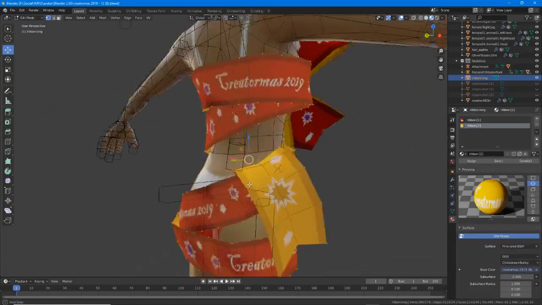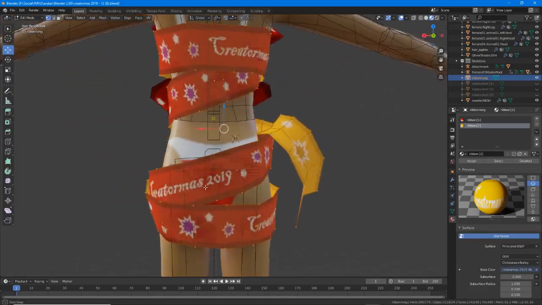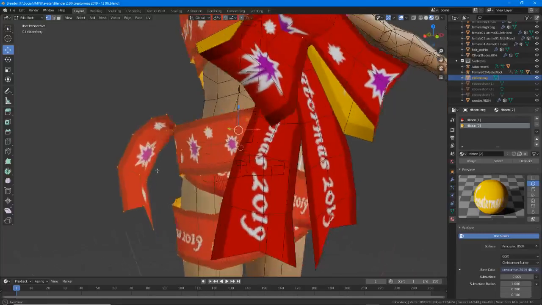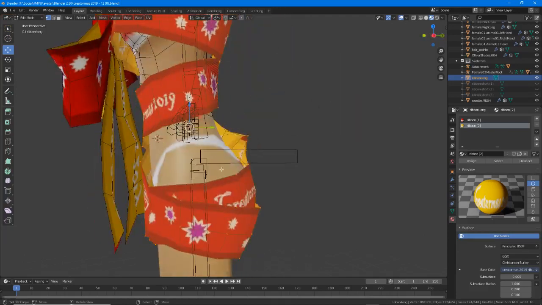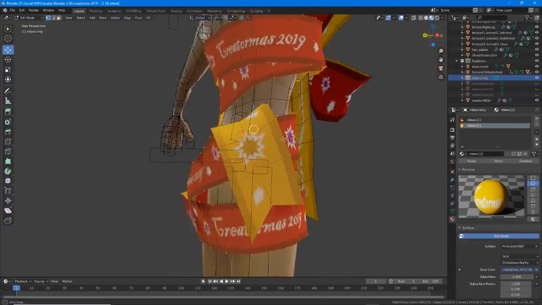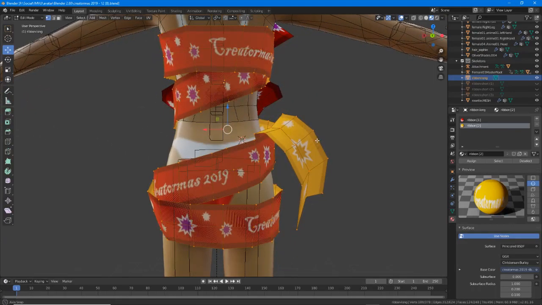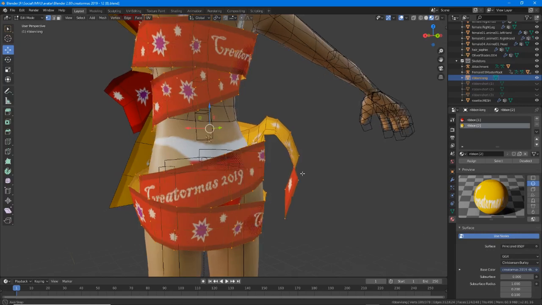And then it's just a question of tweaking the vertexes, getting the shape that you want, and then the next bit, which is what we'll do now, is weight painting this to the avatar or to the skeleton. And this, for clothing, is probably the hardest part, because, and you won't find this mentioned in any tutorials anywhere,